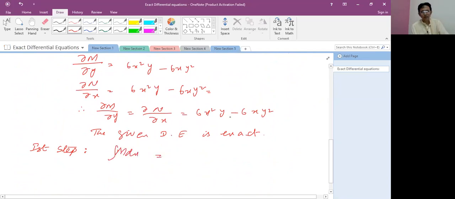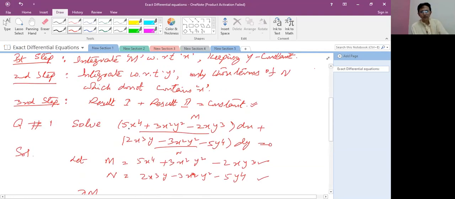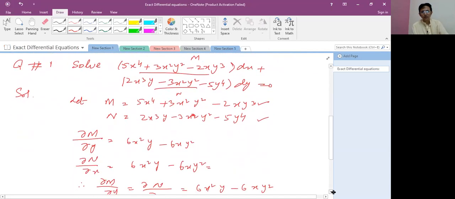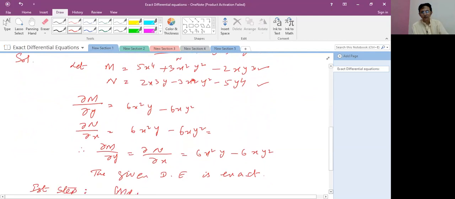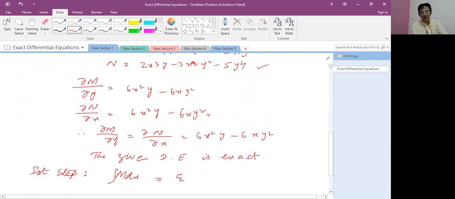What is M? M is 5x^4 + 3x^2y^2 - 2xy^3. So we write here 5x^4, 3 times x^2y^2